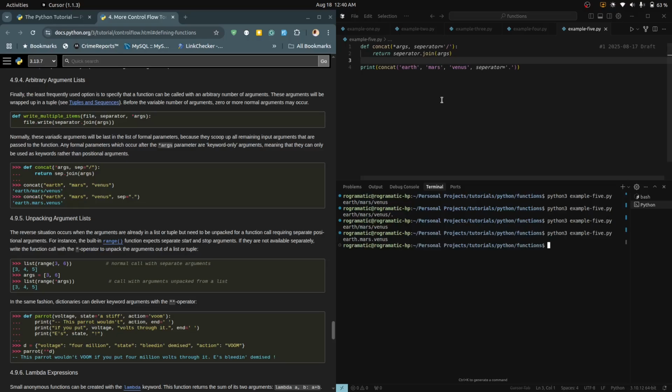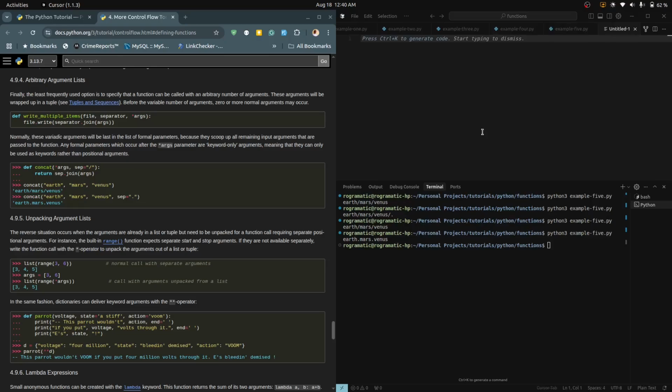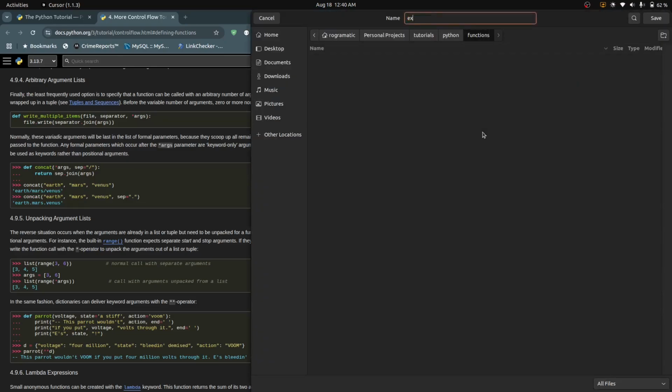Earth.Mars.Venus. If we are trying to call a function and the arguments for that function are already in a list, we can unpack that into the function. So let's look at how that would look. Let's create a new file, say example 6.py,